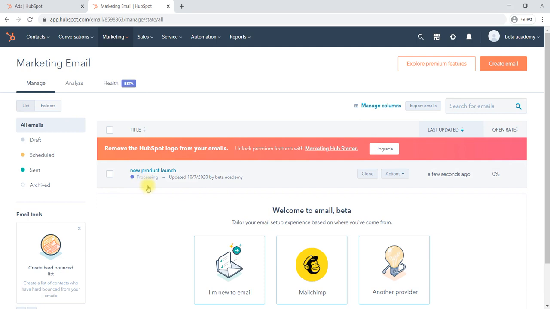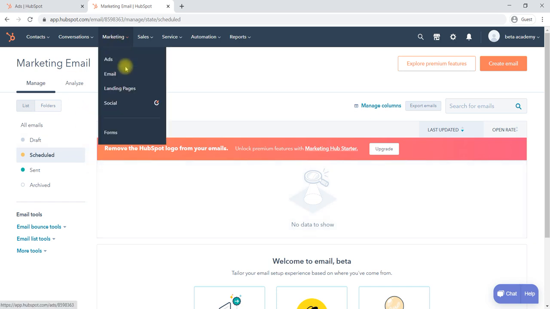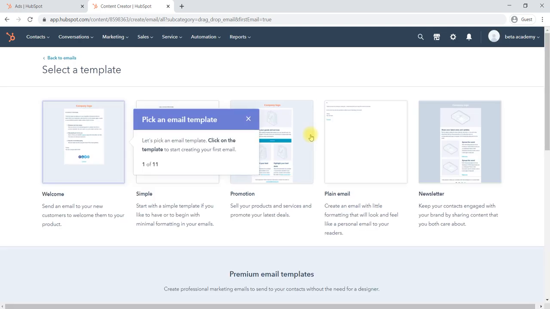Here it shows which mails have already been sent. And all the emails here you can check, which are in draft and which are already scheduled, in the sense that you would like to not send immediately but send it later. We have an option there, Schedule. Once you have created a mail, the moment you are creating a mail, Create mail will show you where it is available, schedules, promotion.